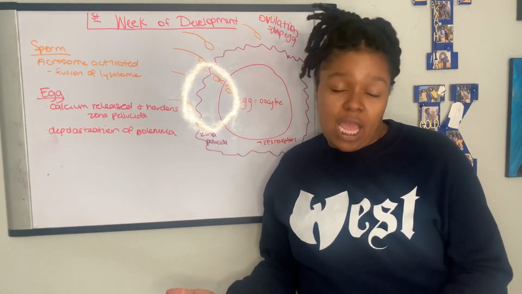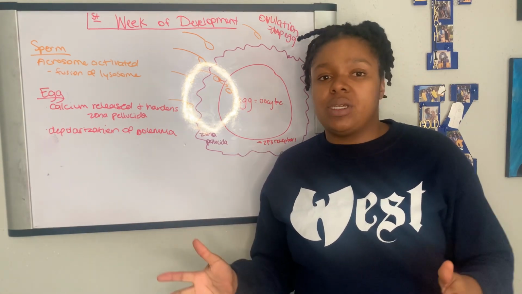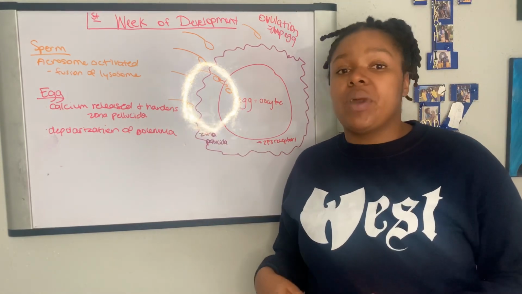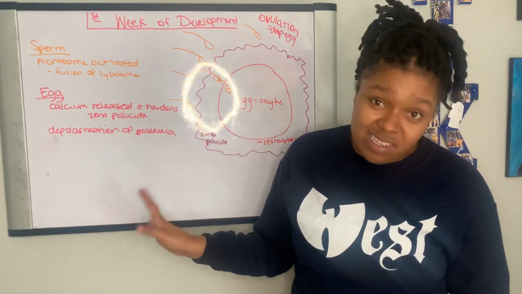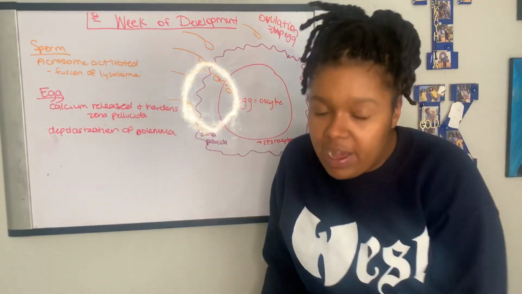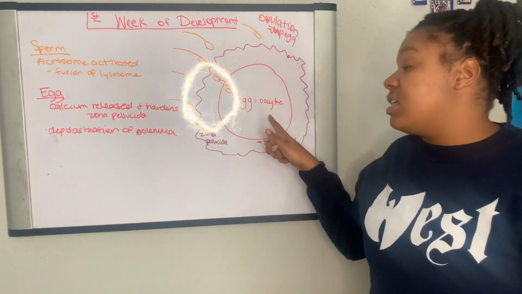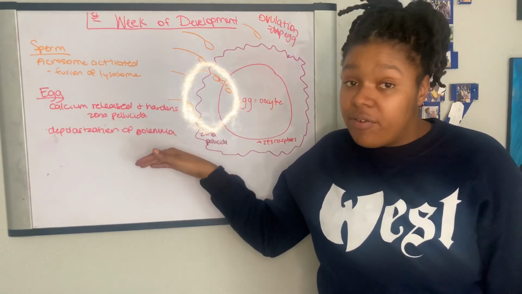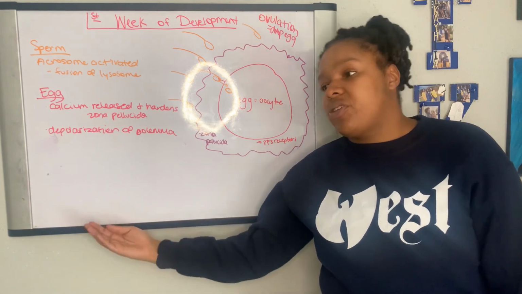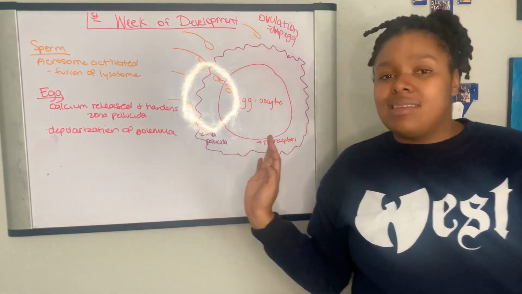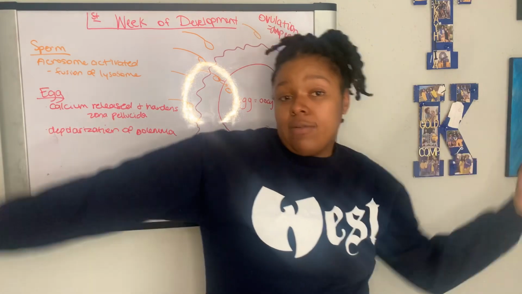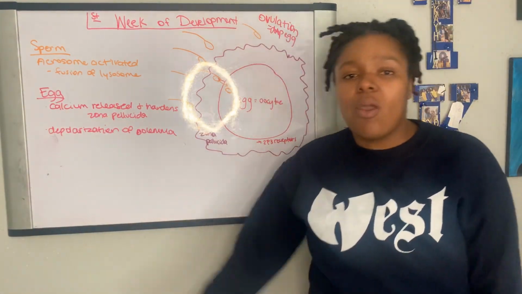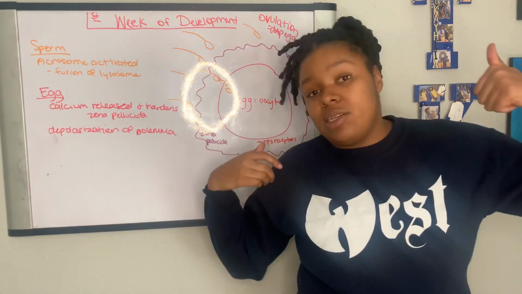And once we have that cleavage happen, compaction occurs so that you can have the cells actually coming together and starting to form a shape that we refer to as a morula, which then forms a blastocyst. And as these cells are continuing to divide and all these structures are forming, the cell is traveling from the fallopian tubes further away from the ovary and into the uterus so it can attach to the uterine lining. And as this is happening, it's continuing to travel all the way down. And as it travels, we eventually get to the uterus, it binds to the uterine lining, and that's the end of the